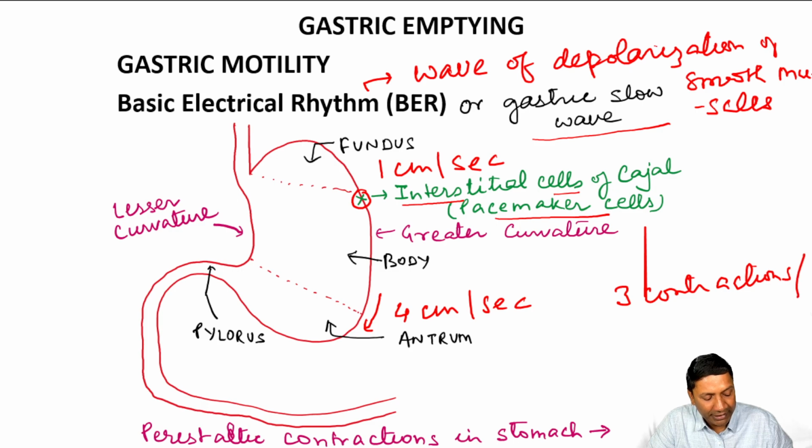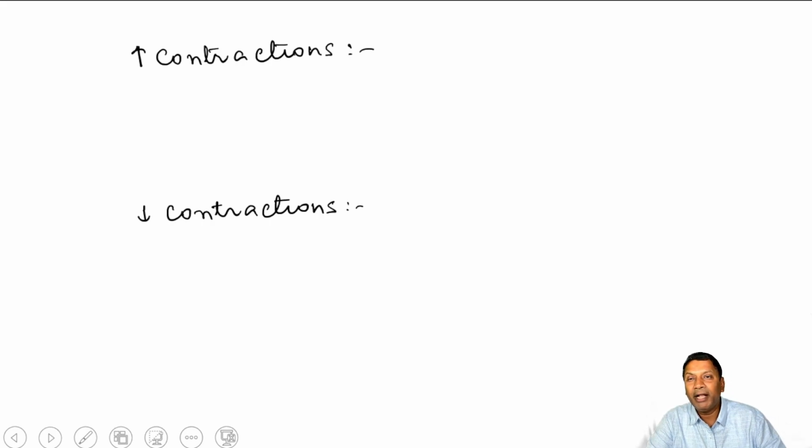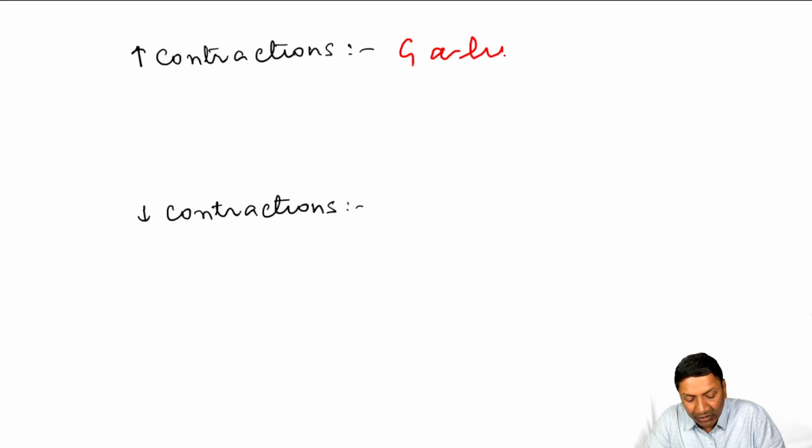So there will be approximately 3 contractions in 1 minute in the stomach, right? These contractions are also called the peristaltic contractions in the stomach. Then what will increase these contraction waves in the stomach and what will decrease them? These contraction waves are increased by, one, the hormone gastrin, then the histamine,